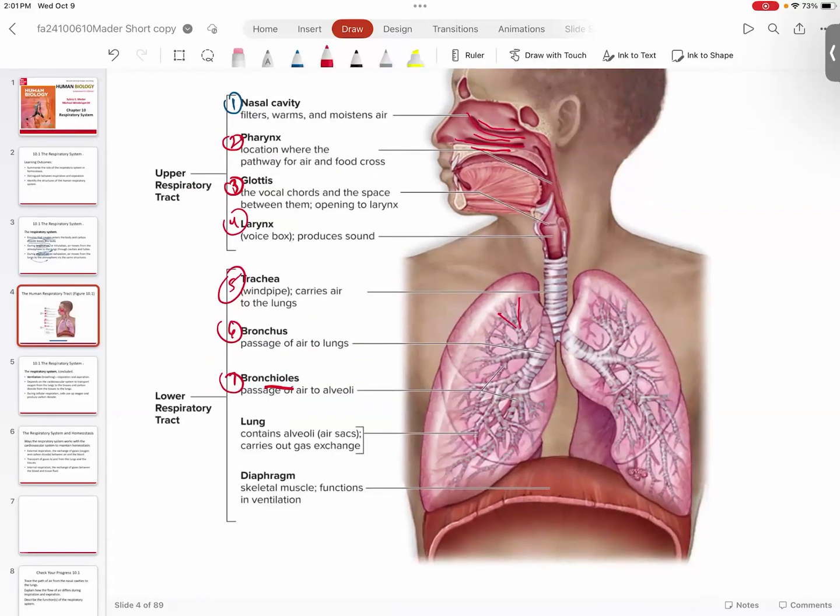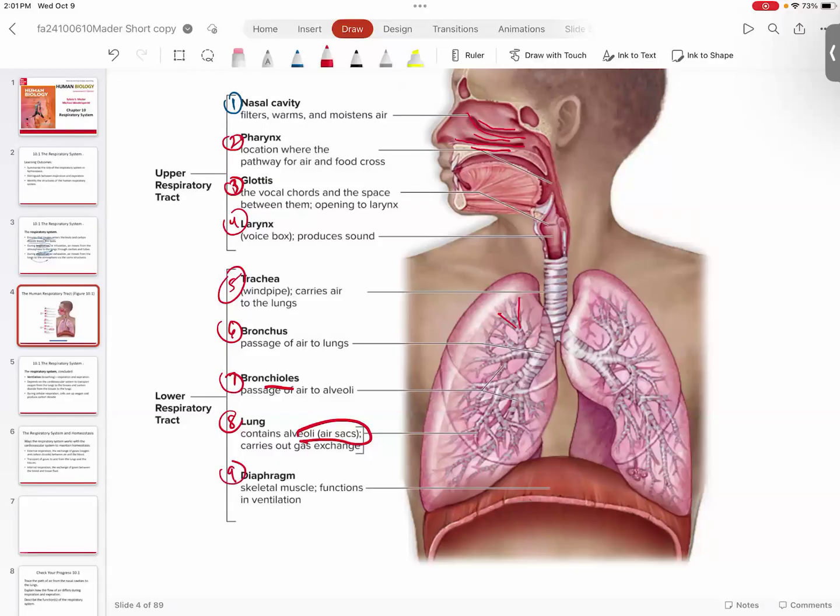At the tips of the bronchioles are essentially what's called your alveoli. These are the little air sacs, like little balloons attached to the ends of the bronchioles, and they are the ones that fill up with air. Okay. And then the last piece is going to be the muscle that makes it all happen, which is your